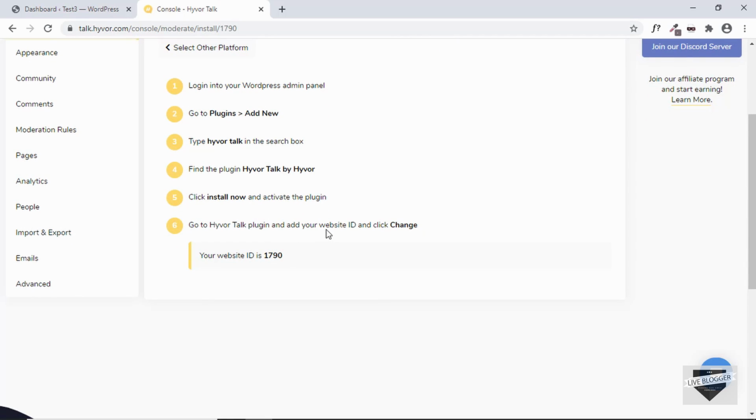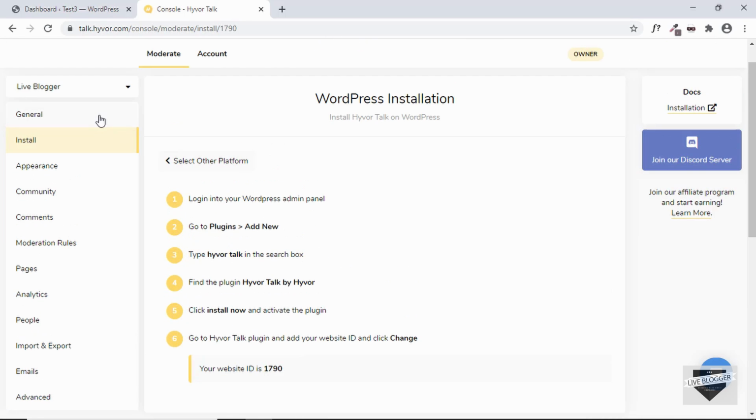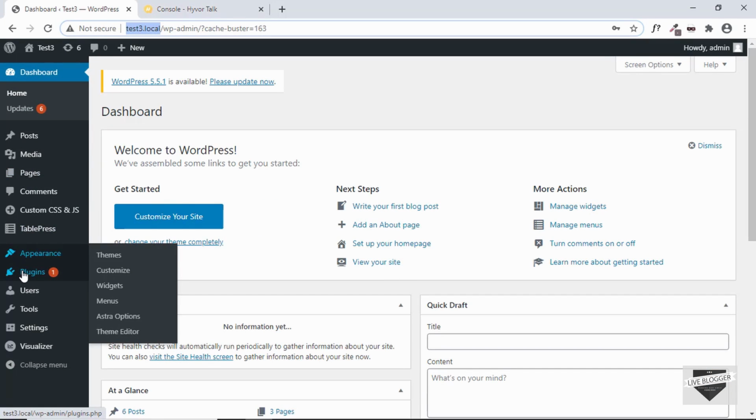And then inside the website ID option you have to change it to 1790. So your website ID will be different from this. So just find your website ID. Even in general you can see the website ID over here, so 1790. So let me just copy this, and let's go to the dashboard, and we'll go to plugins and click on add new,